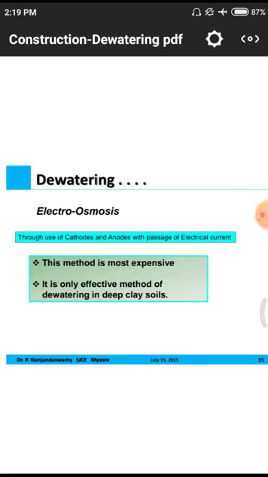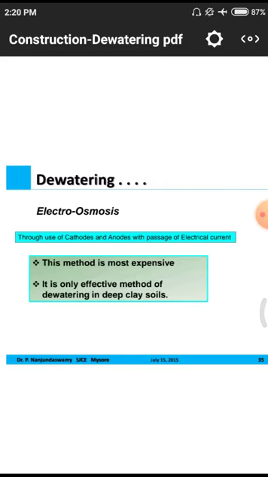This is the second chapter. The main topic of the second chapter is dewatering. In dewatering, the main objective is to remove the total water content present in the construction site. Why? Because that water will cause an obstruction to our soil work and footing work, so we need to reduce that quantity by dewatering.